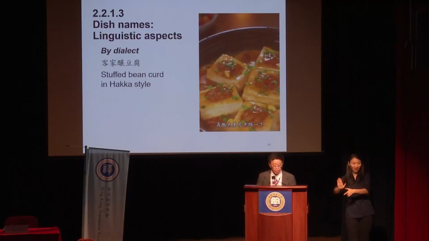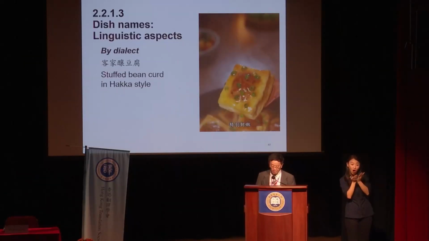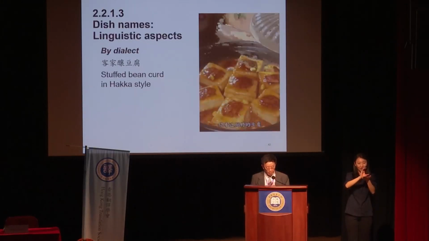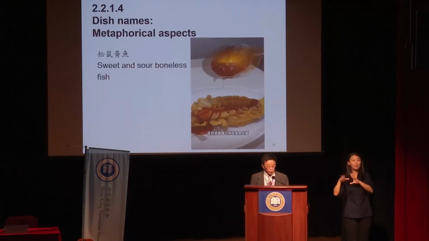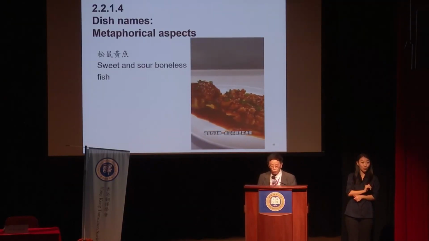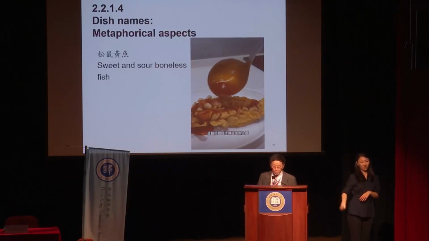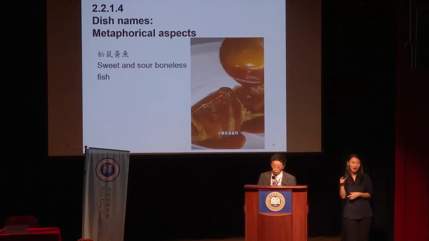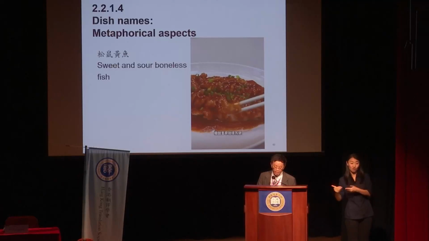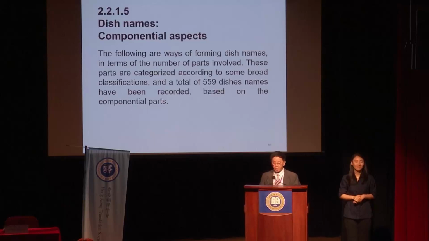Sometimes dish names have what we call linguistic aspects. Say we have 客家让豆腐, which means stuffed beancurd in Hakka style. And then we also use metaphors in our dish names. It's a 松鼠王鱼, meaning sweet and sour boneless fish. 松鼠 meaning squirrels, and 王鱼 meaning yellow croaker. So together, cook it in a sweet and sour way, we put the name as sweet and sour boneless fish. Then we also look at dish names from